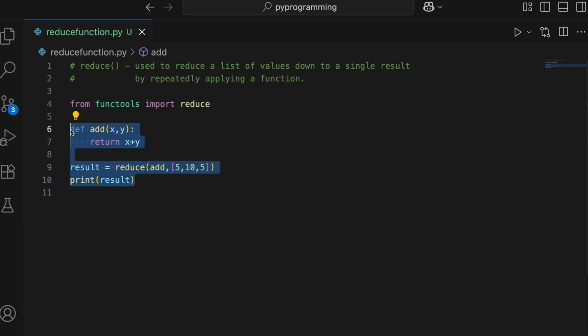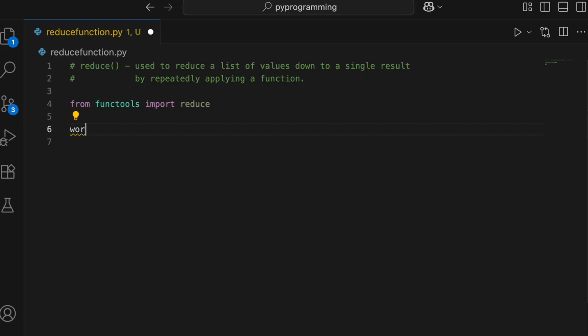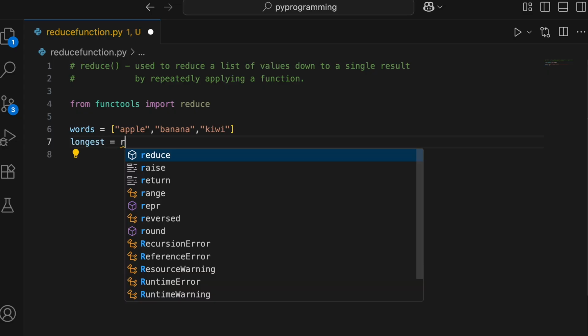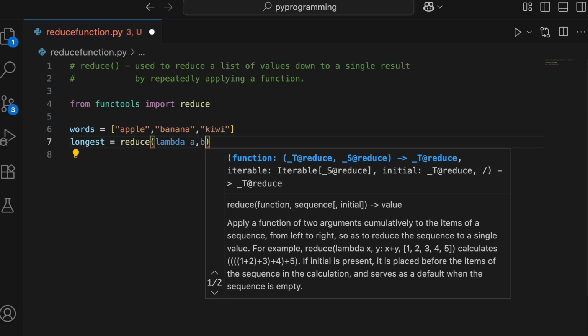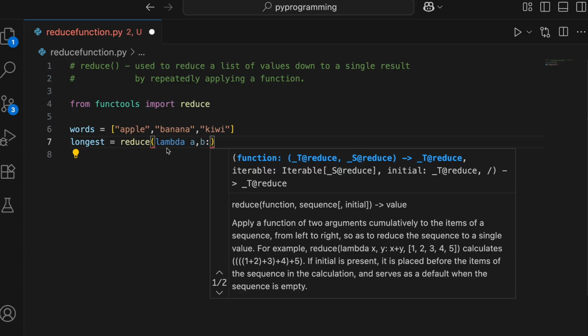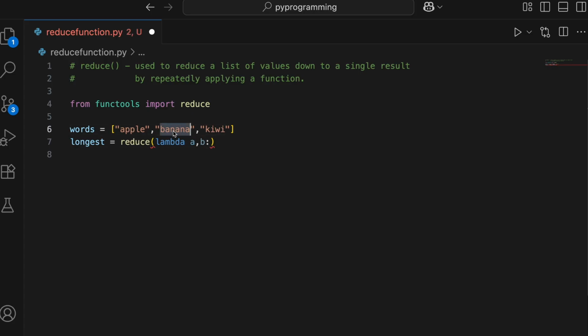Let's take one more example. I have a list of words. Let's give some values. Now we want to find the longest word from this list, the word with the maximum length. So let's take a variable to store the result, and here we'll use reduce and write a lambda function. It is going to take the first two values, which in this case are the first string and the second string, right?